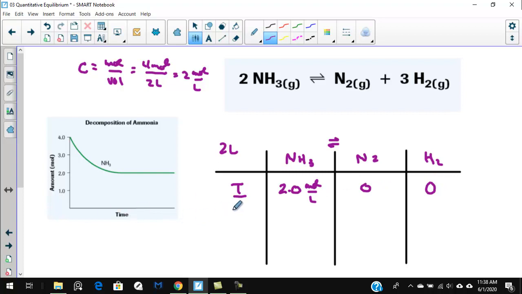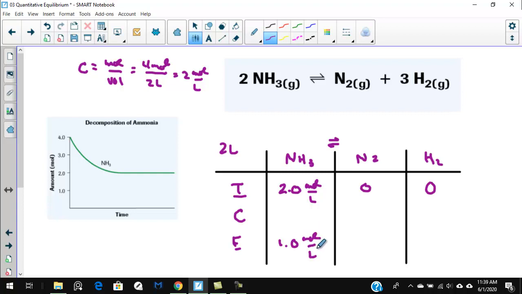The next row we always put is the change. We don't know what the change is yet, but we are given one equilibrium value. So we can solve this table. And the equilibrium value here, it says there were 2 moles present at equilibrium, but it's 2 moles in a 2-liter container. So at equilibrium, there was only 1 mole per liter